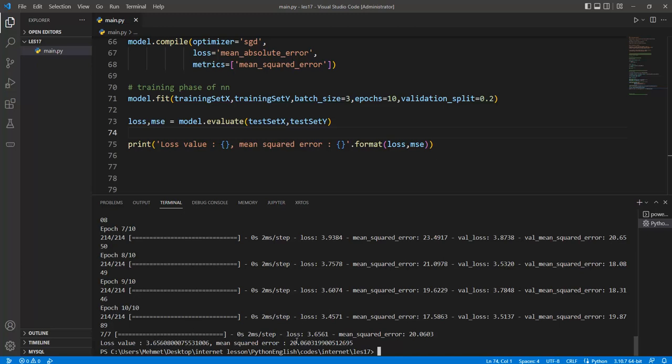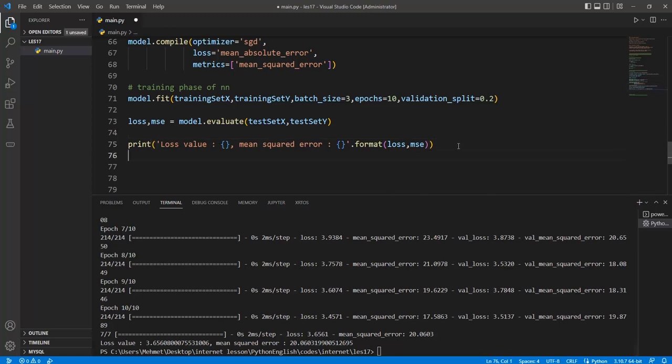And what does it mean? This mean squared error means that we take the training data results minus our neural network results, and we get the square of this value, collect all the terms, and then divide by the number of all iterations or all values. And so this is equal to 20. The loss value is the one without the squaring formation. But